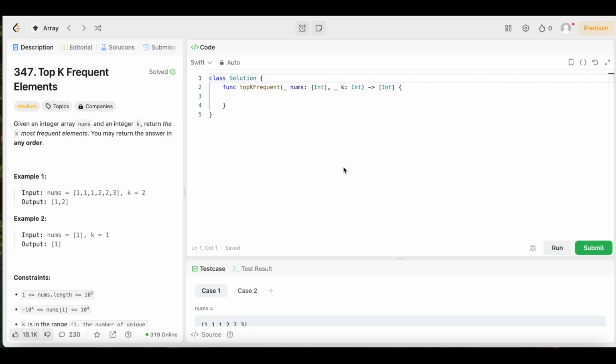All right, y'all, we're back again another day, another LeetCode problem where we're doing daily LeetCode problems. And today we have question number 347, top K frequent elements. The difficulty level is medium, but don't worry because we're going to keep the solution as simple and easy to